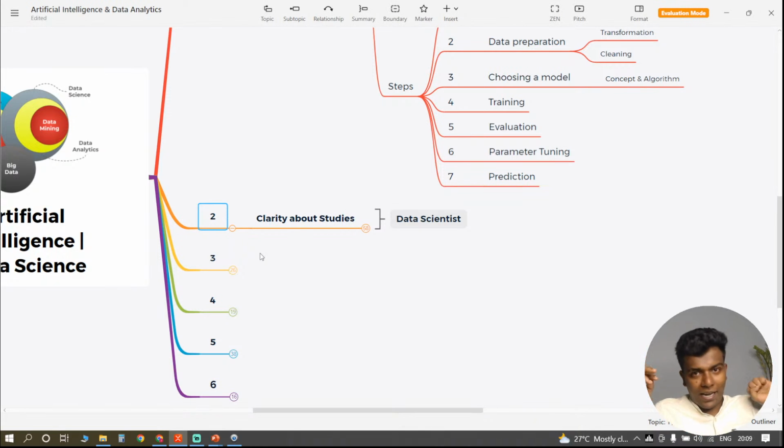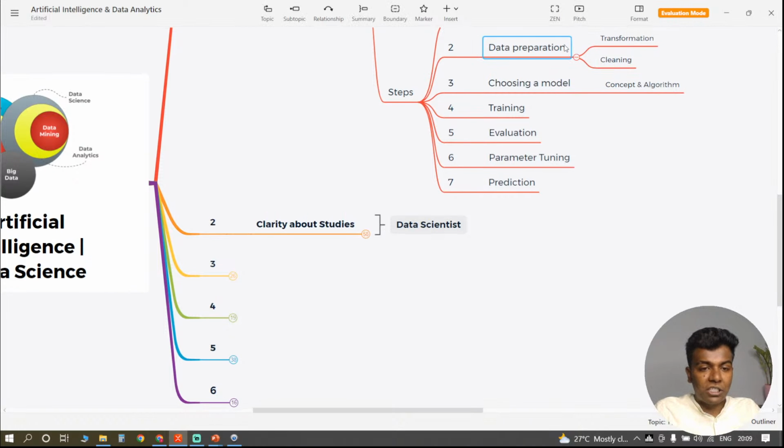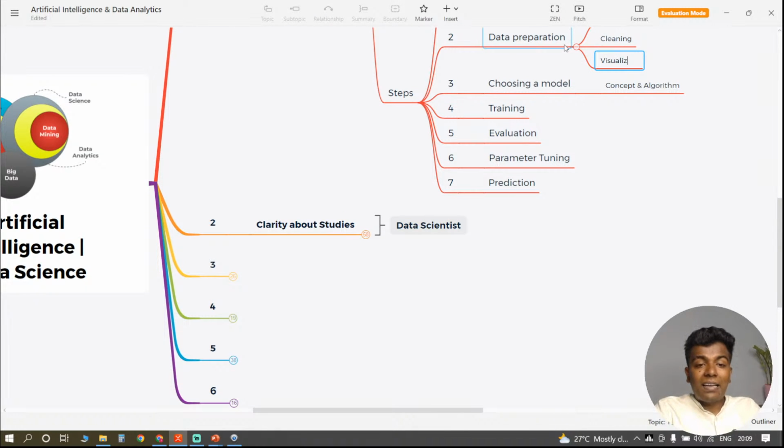First of all, they'll acquire the data. So if the restaurant is maintaining the data in some databases, you need to acquire the data, you need to transform the data, you need to clean the data, and you need to do the data visualization as well. So they visualize the data,